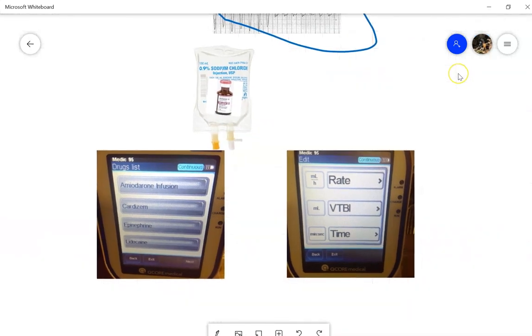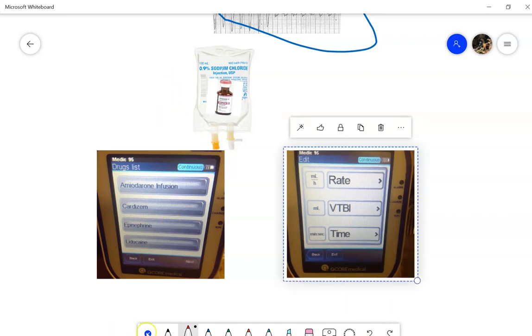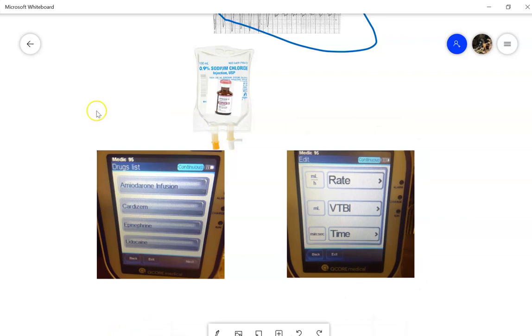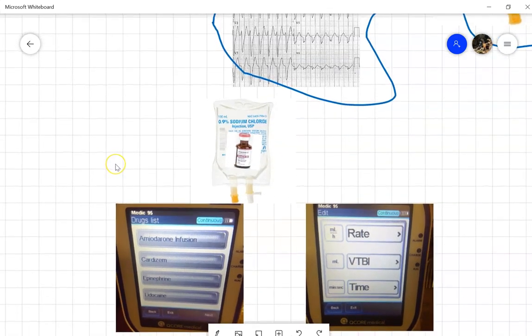All right, so which option are we going to do? We have this one over here, which is our general mode, and this one over here is going to be our medication library. So if our patient is in VTAC right now, and we're going to give amiodarone to try to convert them,